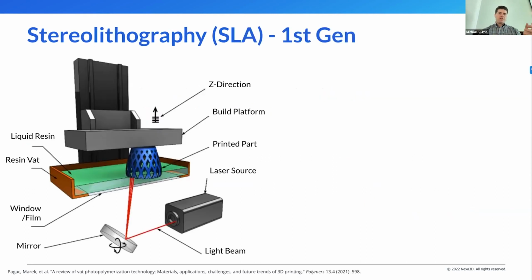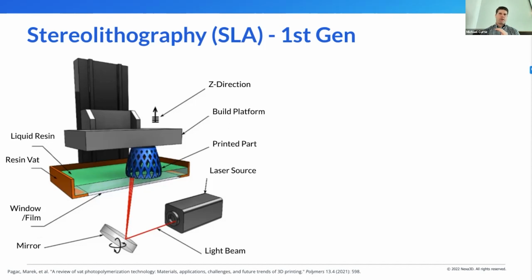Okay, so just to set the stage, this is a version of stereolithography, which is in the inverted format, and this was popularized. So desktop vat polymerization in this inverted fashion was popularized on the desktop by Formlabs in the 2010s and really created this marketplace. And what you have here is a laser source that is bouncing off of a mirror. Sometimes it's two mirrors, and then that laser source is basically painting out or rastering out where the curing reaction should take place